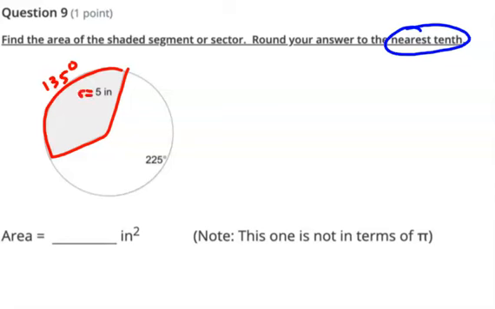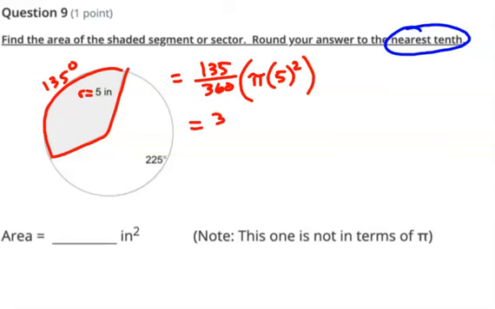5 is a radius. So we're able to go right to the formula, 135 over 360 times pi times 5 squared. Okay, this is 3/8. We're just getting that a lot for the practice test, just a coincidence. It's because we're reusing some pictures. So you do 3/8 of 5 squared, which is 25. So 3/8 of 25 is going to be